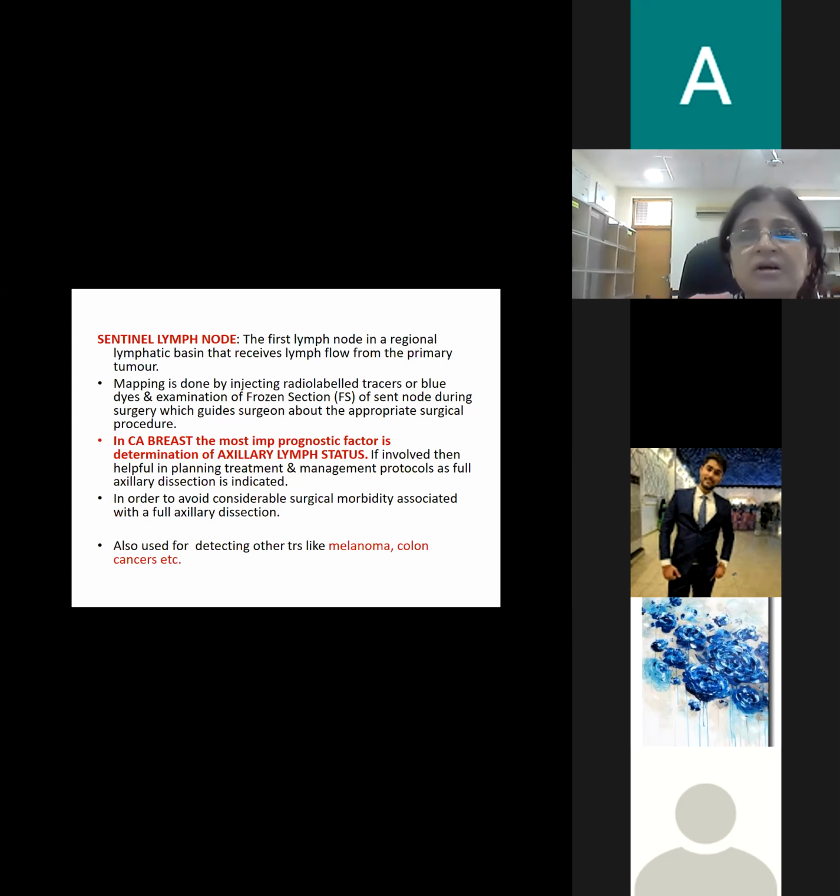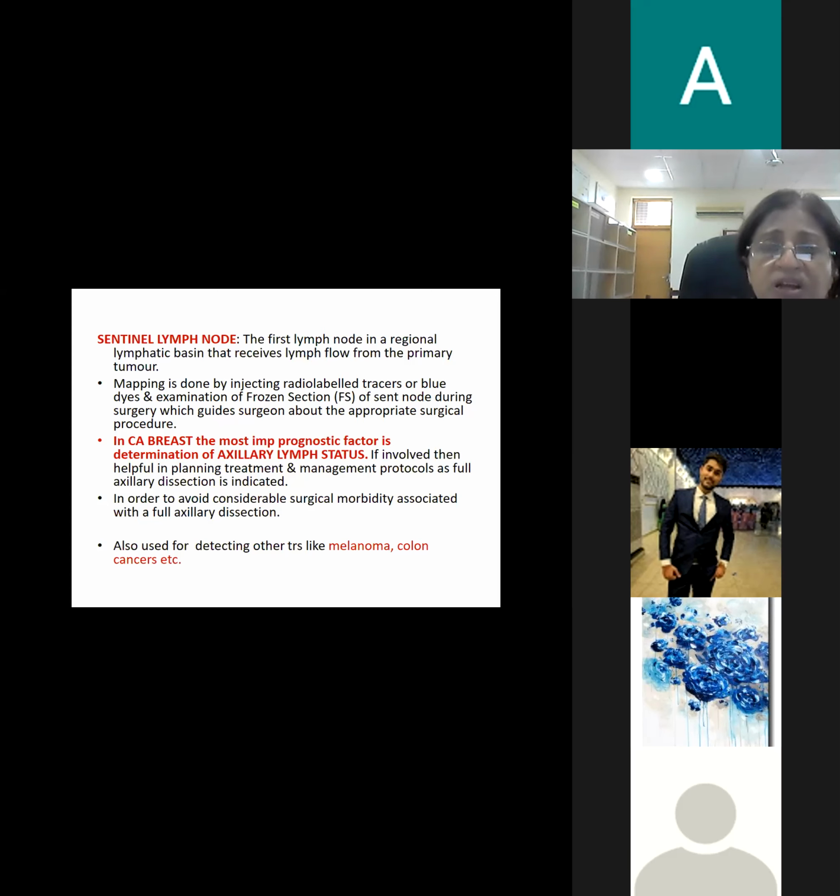If radical surgery की जरूरत है या the patient can be closed, the whole of the tumor has been removed. ठीक है, that is what we mean by the term frozen section. So sentinel lymph node, when it has been mapped with the help of radio tracer dyes or blue dyes, is taken out and examined.